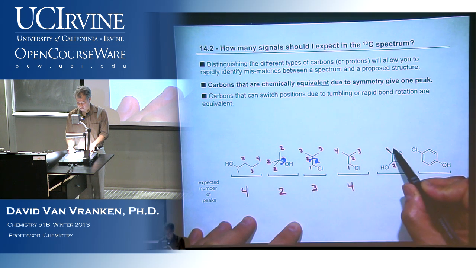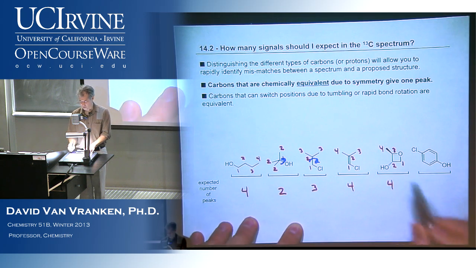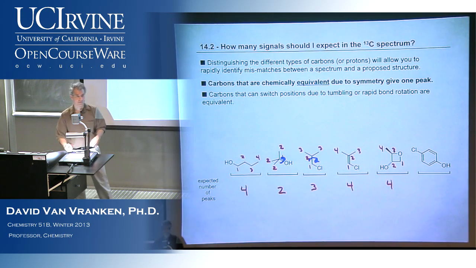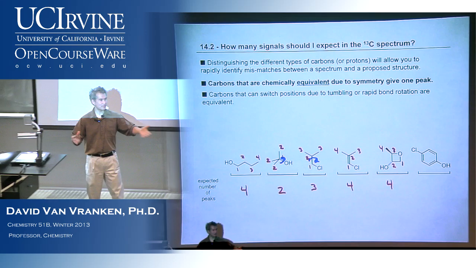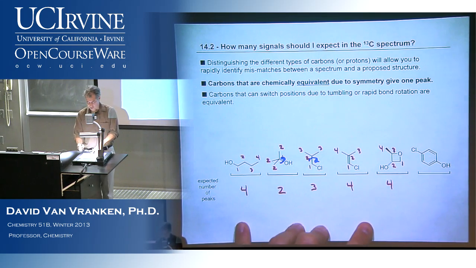And then over here, carbon 3 has a methyl group sticking off of it. There's no other carbon like that. And then the 4th carbon in this structure is just a methyl group, and that's distinctive. This would exhibit 4 peaks in the carbon 13 spectrum. So I expect you to be able to work through this and identify how many peaks you would see in